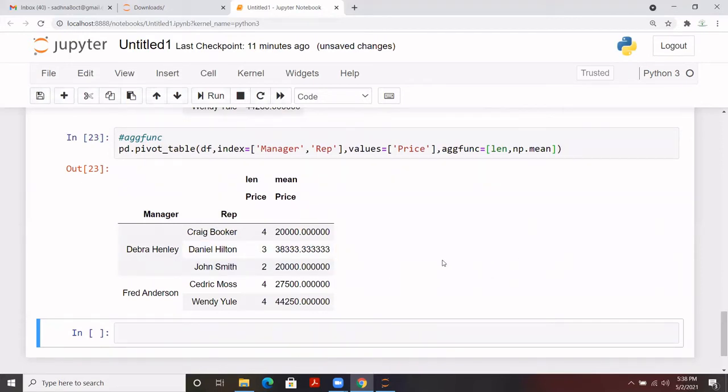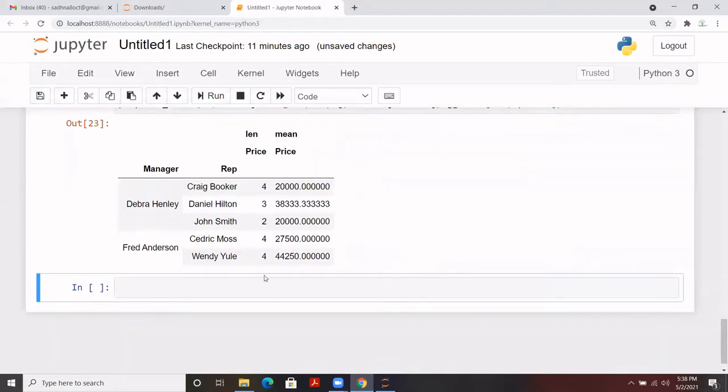Now let's say what I want to do, I need the sum of the total price. I mean the total sum I require for the price. That was the number of occurrences, which was 4, and that was the average price. So I just checked it out, but now I want to calculate the sum of price.